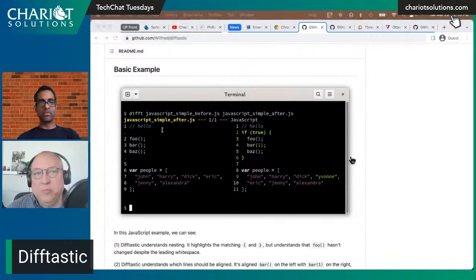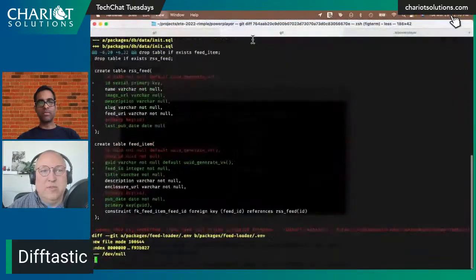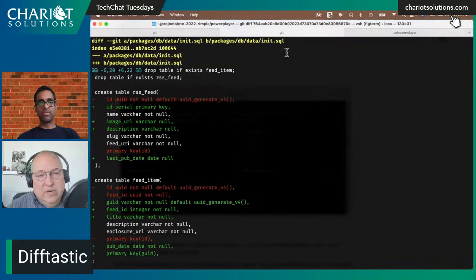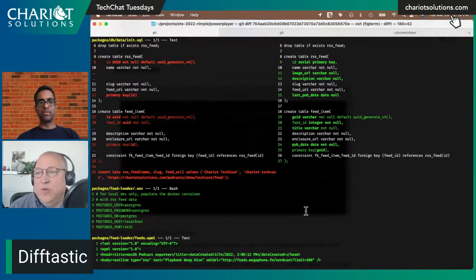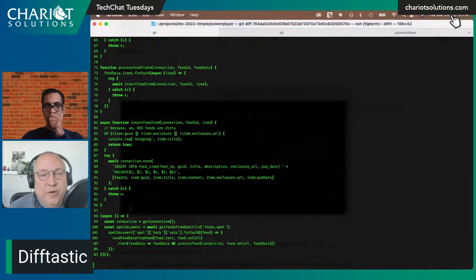I actually got it working. So here's your typical git diff, with color syntax coding. You just do git diff with the standard built-in diff. And here is the same thing with Difftastic. You can see it's really doing a good job at showing contextually where the changes are, syntax highlighting everything. Here's all my new code.